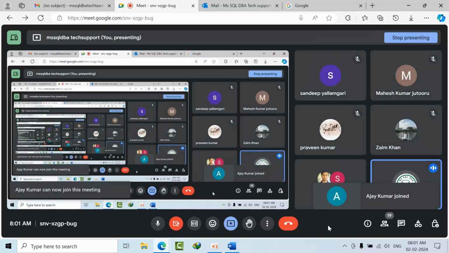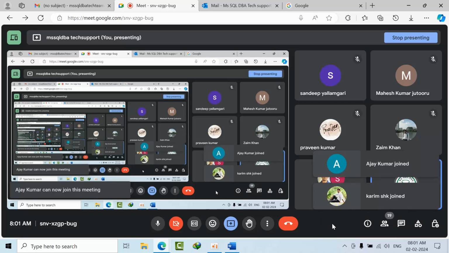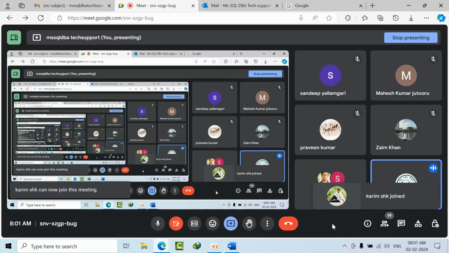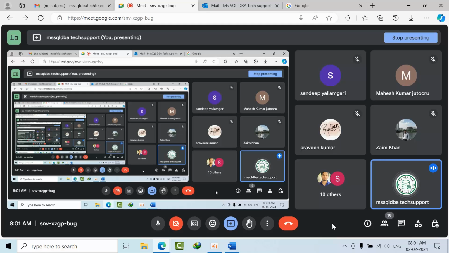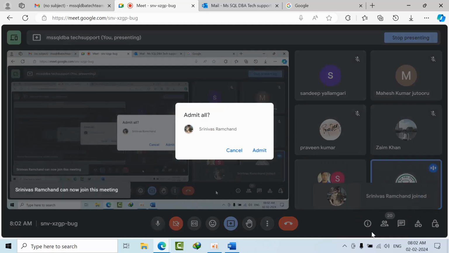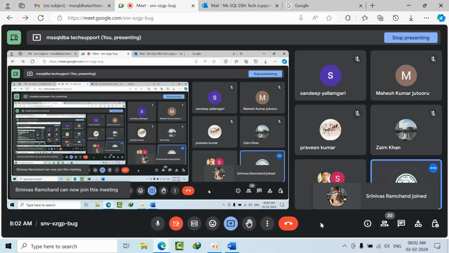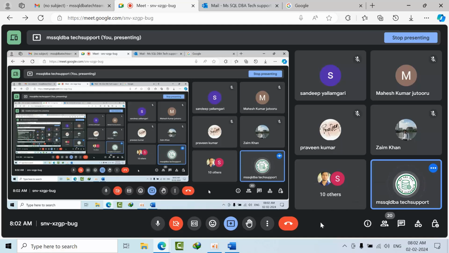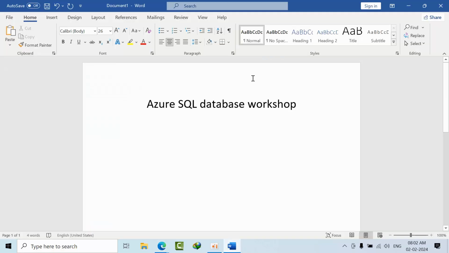Today is the first demo session that I am going to give on Azure SQL DBA. The main objective of this course is to push up from February 15th onwards, when the calls are going to start, so that more projects come in. If you add this Azure SQL database administration course to your resume, then the number of opportunities will increase compared to before. That is the main motivation of this course. Let's enter into the course.